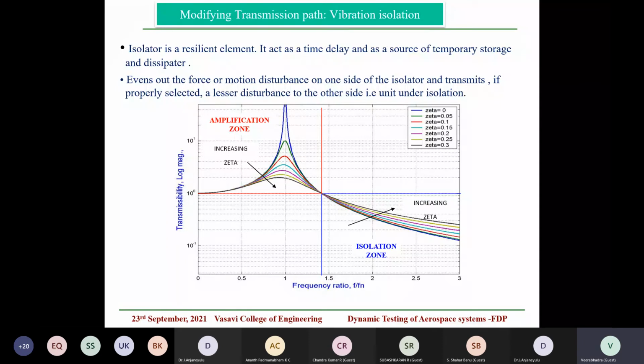What we mean is, a bigger system is a combination of many subsystems. At a system level, if you are testing, the input will go from the system to the interface brackets and then to the subsystem. If a subsystem is amplifying more, oscillating at its natural frequency or resonance, then it is going to have a back effect on the surrounding components also. That is the effect of a subsystem on the section.